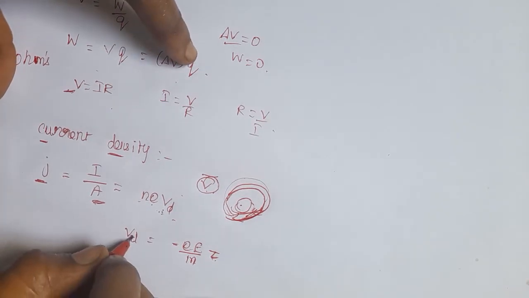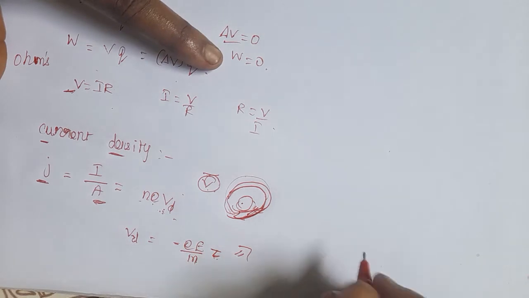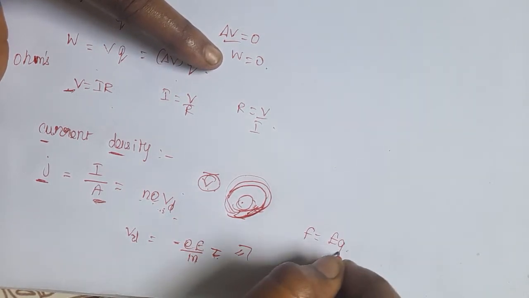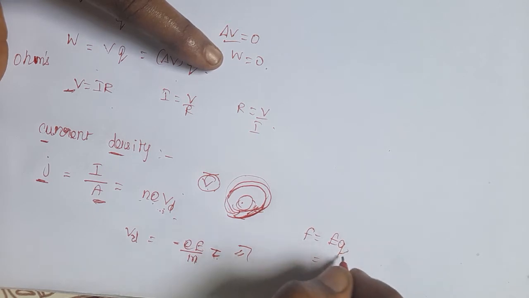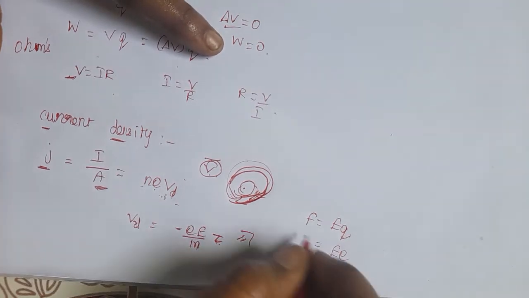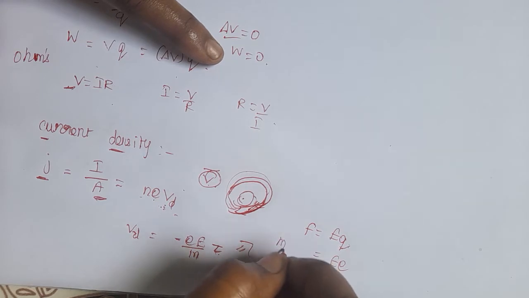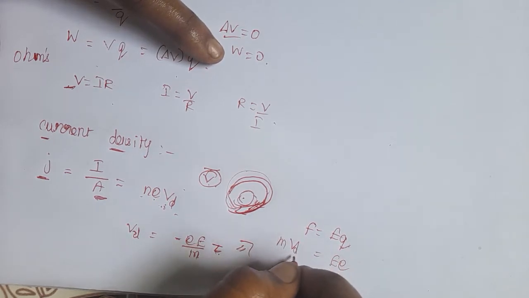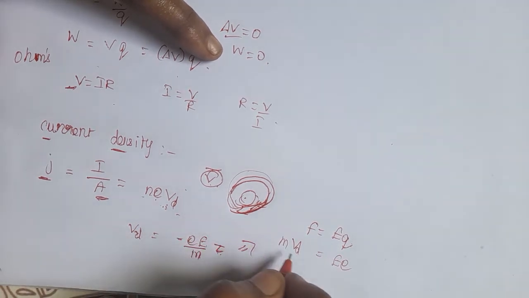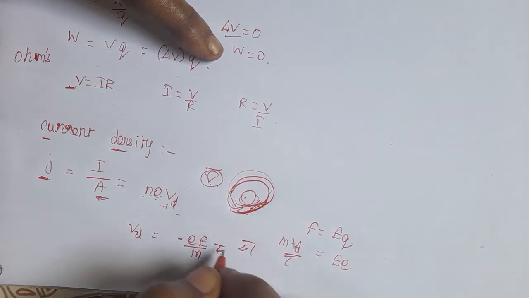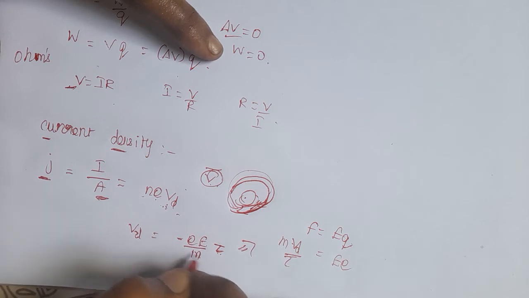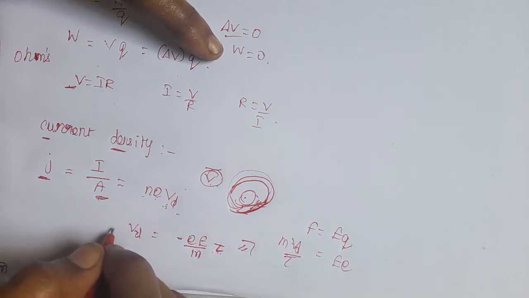So how do we get the formula? I just want to tell you that. We can say that F is equal to EQ, where Q is the charge. Instead of using Q, we can use the charge of electron e, and for F we can use ma. For a I am using vd upon time. By using this, vd is equal to minus e E divided by m into τ. So we are getting this formula.